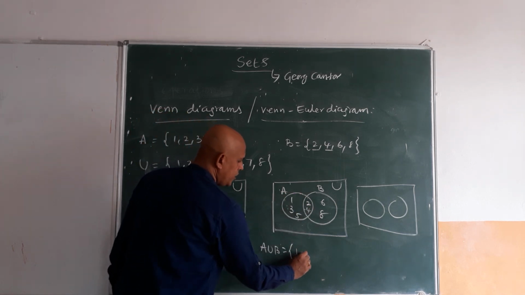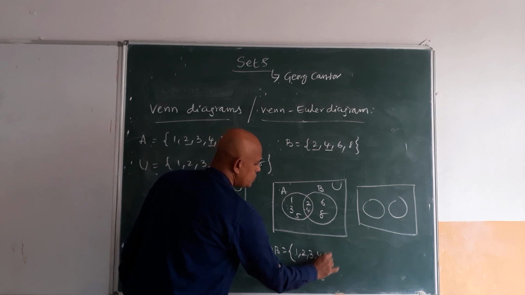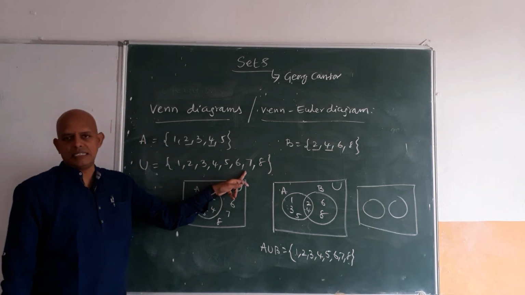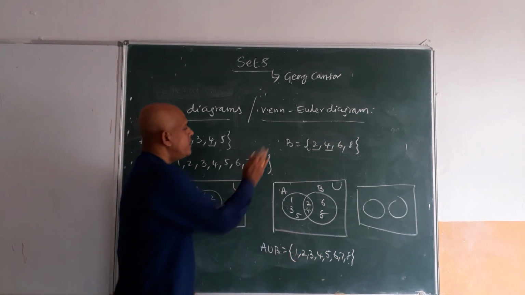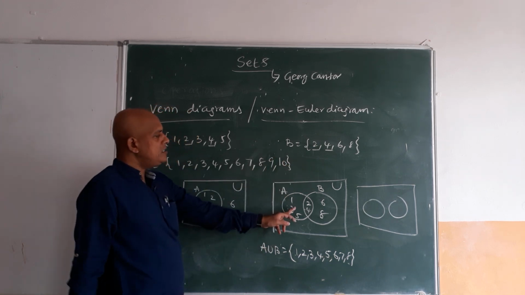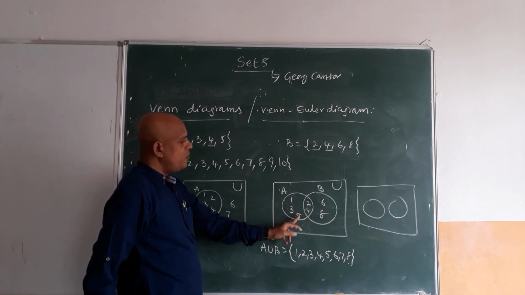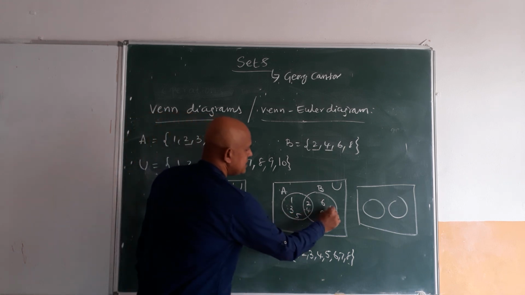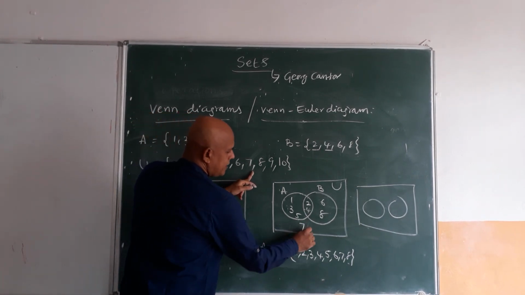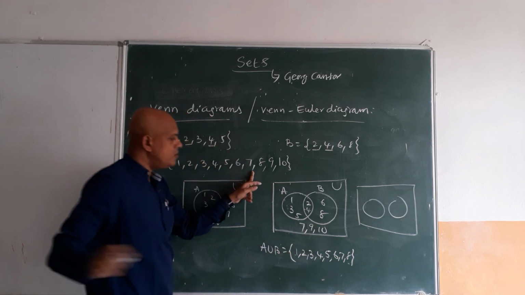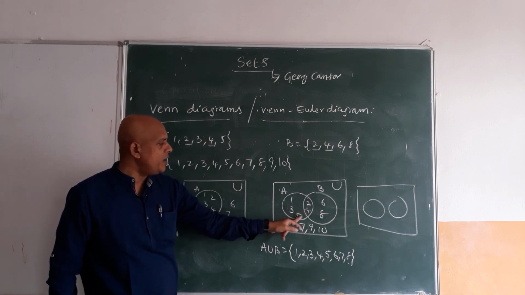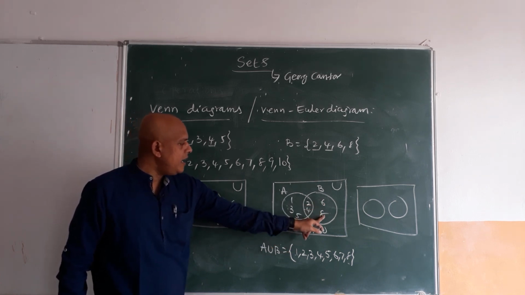In this way, A union B is expressed. If we write all the elements of A union B, we write 1, 2, 3, 4, 5, 6, 8, which is equal to the universal set. Sometimes A union B is equal to the universal set. So for example, if the universal set is continued as 9, 10, now it is not equal to the universal set. 7 is missing here. So the remaining elements should be written in the universal set: 1, 2, 3, 4, 5, 6, 7, 8, 9, 10.